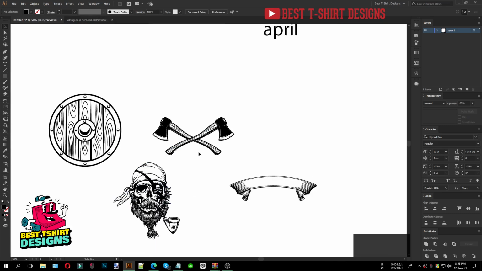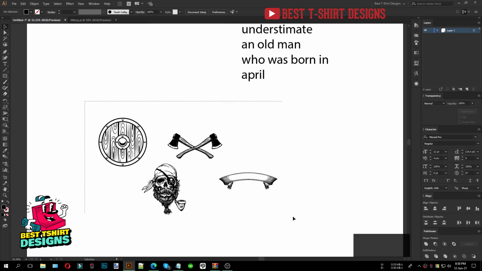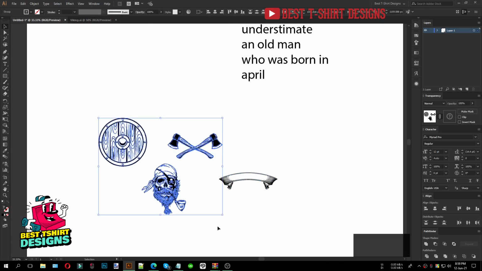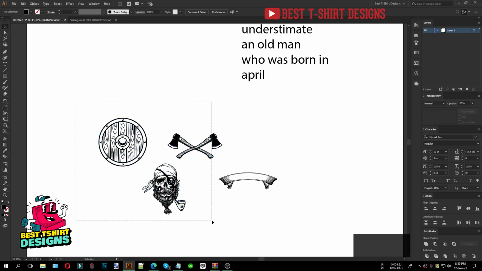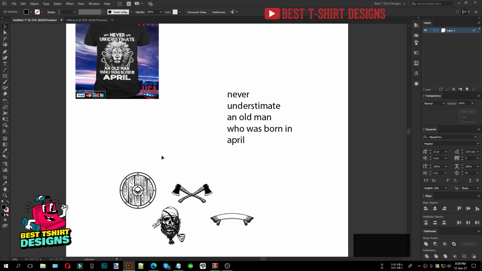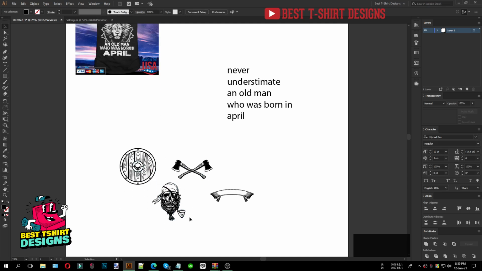They are all from Freepik. They are not free to use, but I will make my own version of them using them. And of course this is not going to be for Fiverr or client work. This is going to be for print on demand or stock sites, like Creative Fabrica. So that's why I wanted you to use this kind of elements in this design. So let's get started.